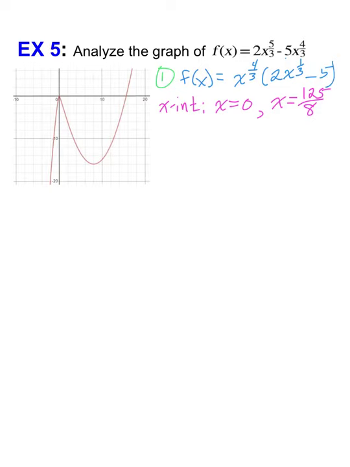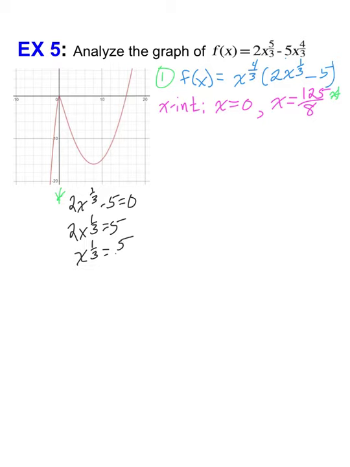So down here, to figure out this one, I'm going to just put a little star here. And over here, I'm going to show you how I did that. So I took this right here. Remember, we're setting it equal to 0. So I'm going to take that, 2x to the 1/3 minus 5, and set it equal to 0. So I'm going to solve for x. So I'm going to add 5, divide by 2,